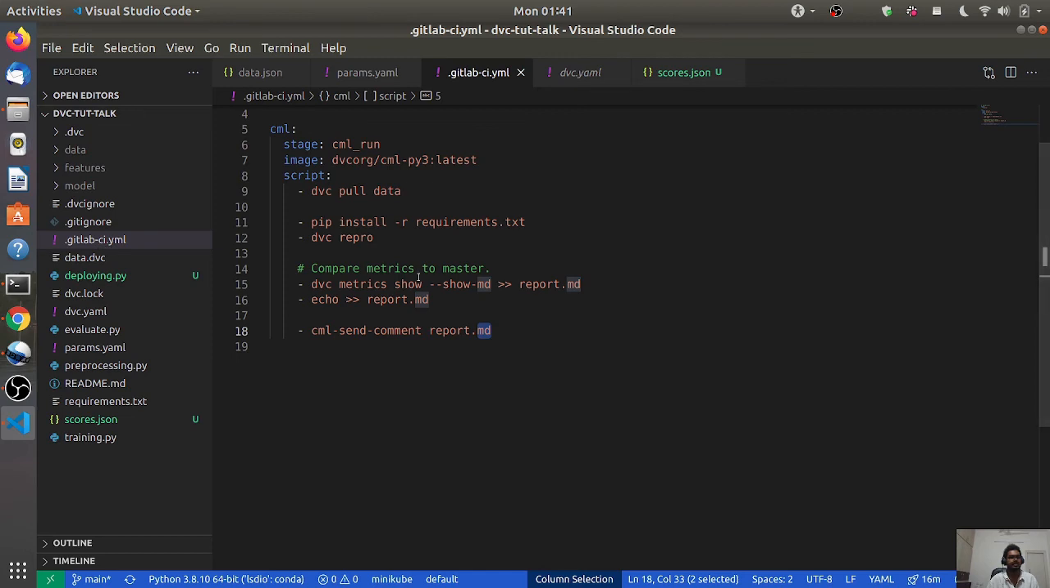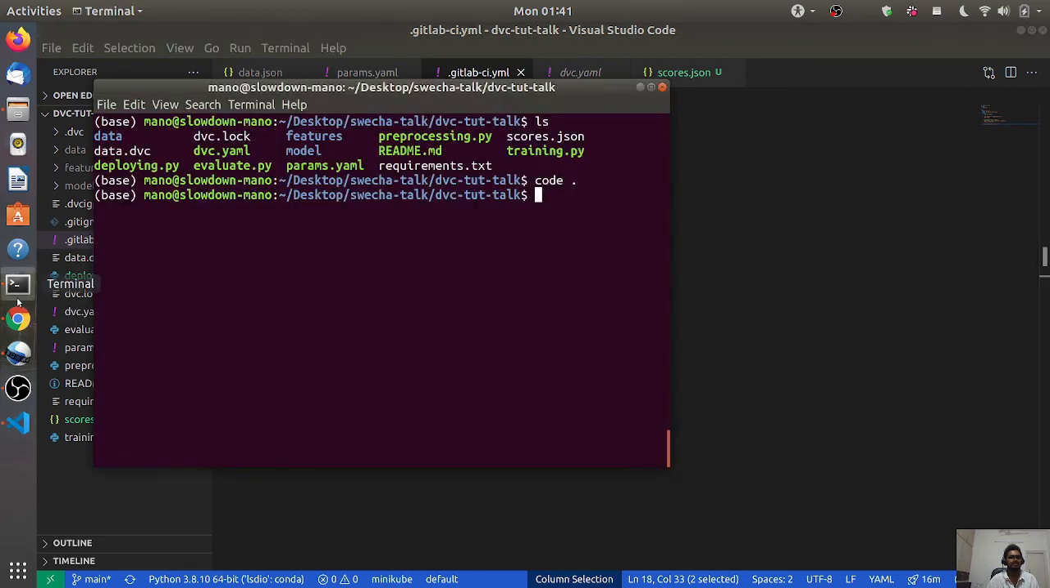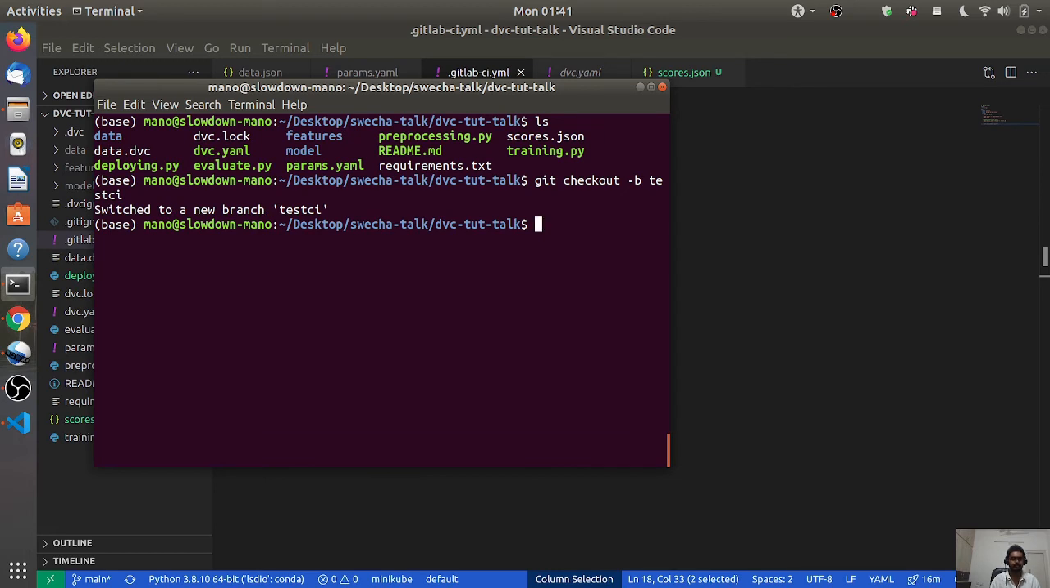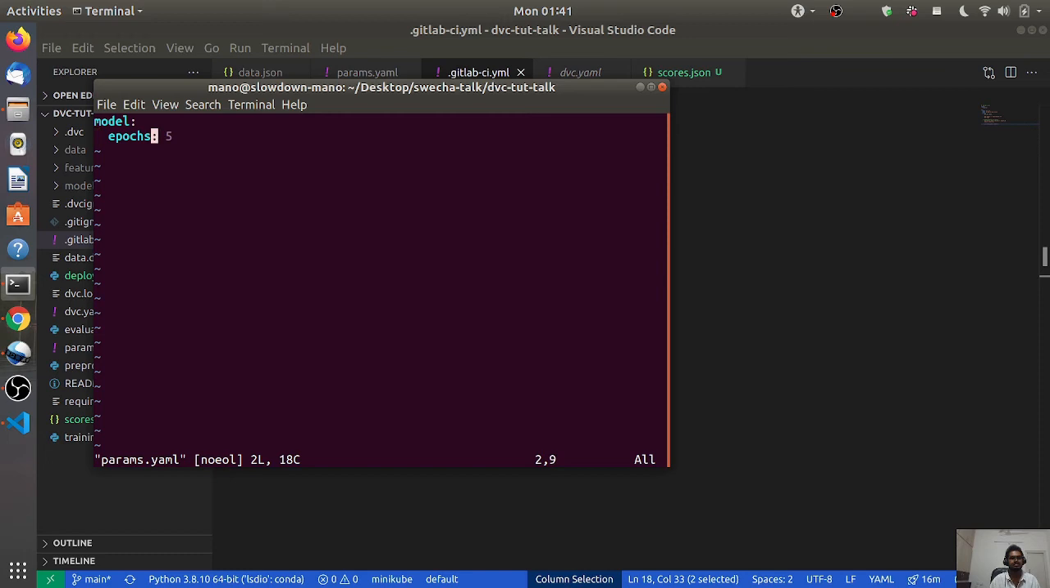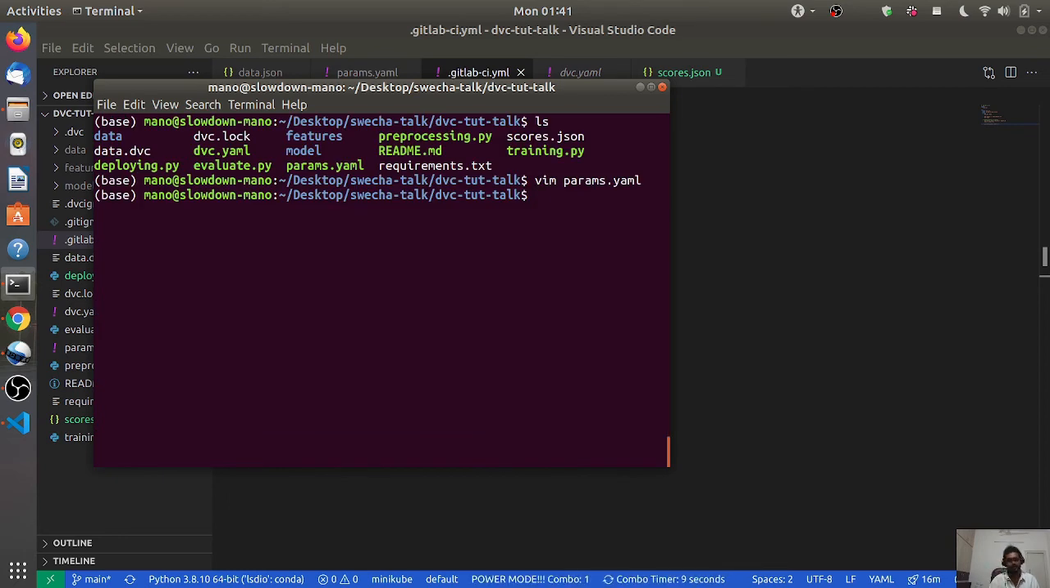So let's see it in action, what's happening. Let's create a new branch. Let's call it test CI/CD, test CI. Okay. Now we are in a new branch. So here, let's make some changes. Let's say we just want to change the number of epochs to 10. Or I don't know, 7. Yeah. Now that we've done it,